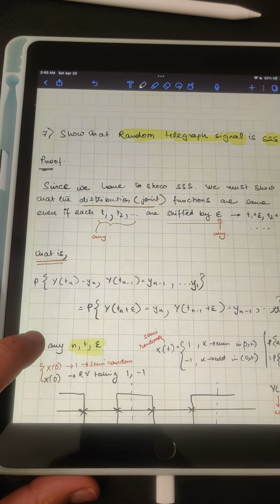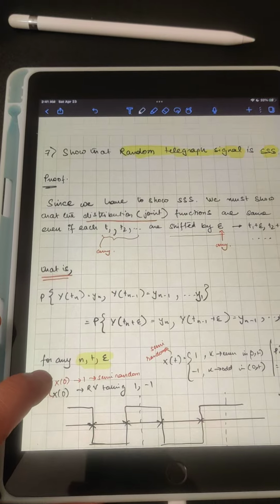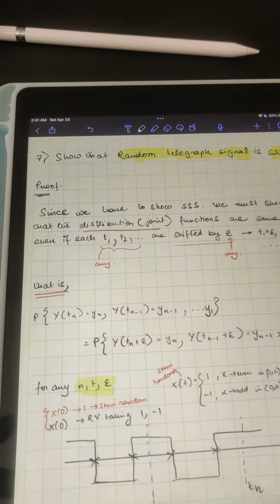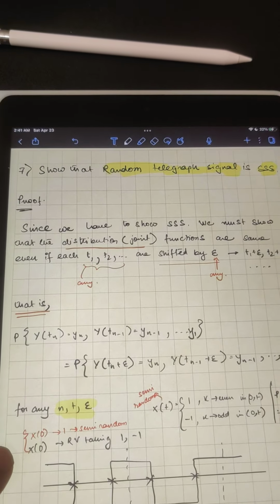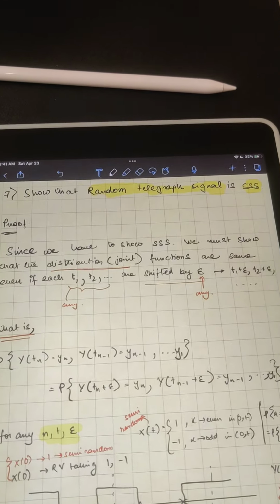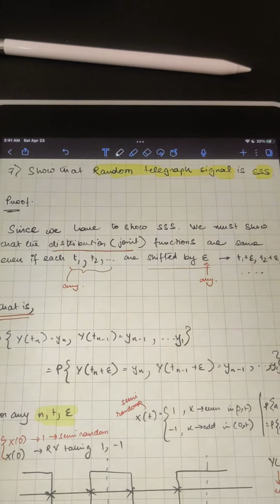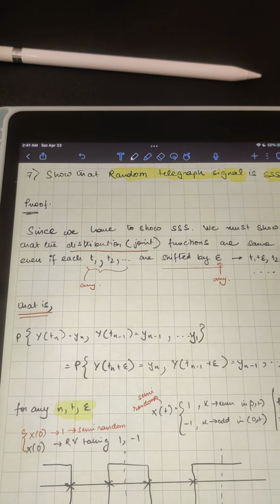This is homework 9, question 7. We have to show that the random telegraph signal is SSS, strict sense stationary. So to show strict sense stationary, we need to show that the joint distribution functions at times t1, t2, dot dot dot,